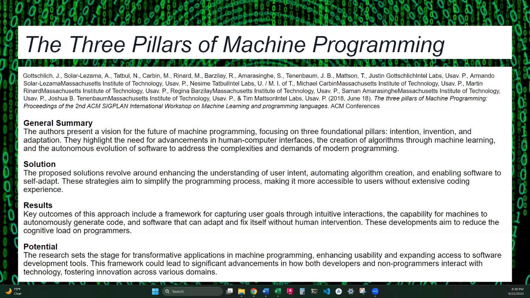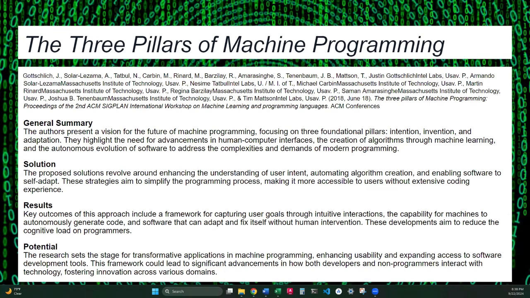They talk about using machine learning and machine programming to let computers write code on their own based on what users want, which would greatly speed up the process and help reduce mistakes in coding. And 3, self-adapting software. They talk about developing software that can fix problems and improve itself automatically, which would overall mean less work for the people whose job is to maintain it. These solutions aim to make programming more accessible and more efficient, especially in terms of cost.